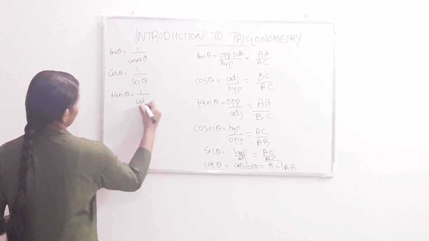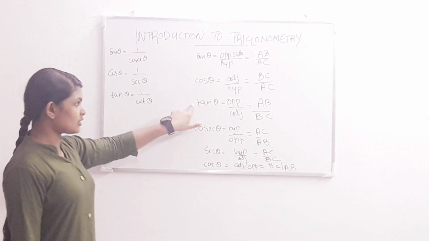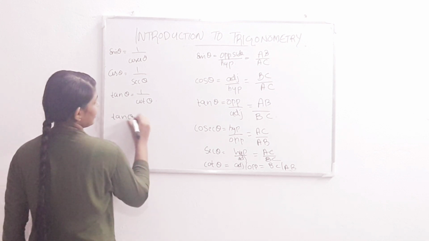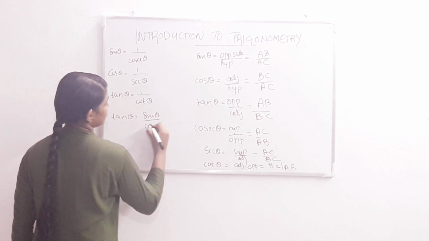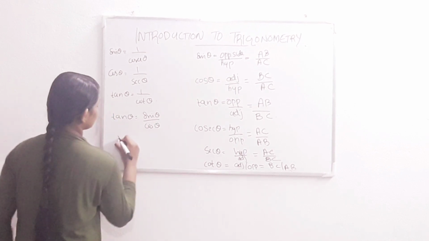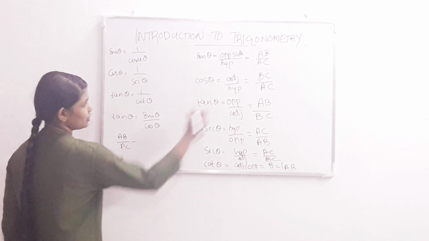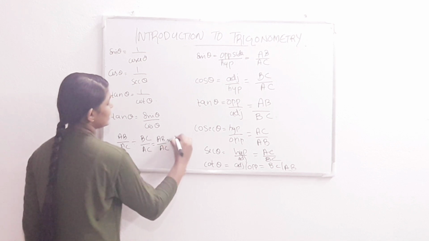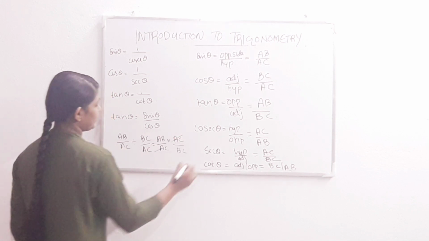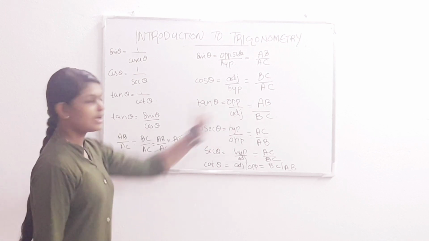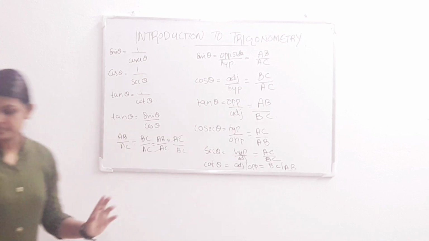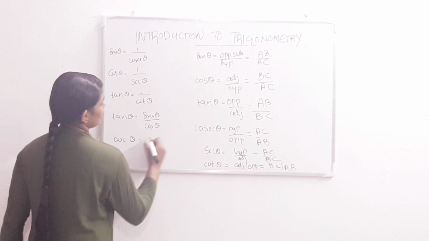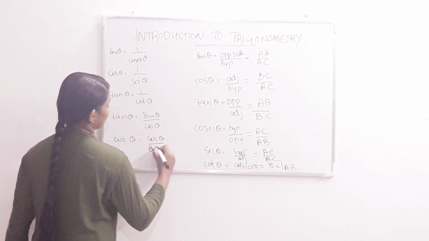of cot theta. Now, tan theta can also be written in another way. Did you know? Yes, tan theta is equal to sin theta divided by cos theta. What is sin theta here? AB by AC. So, AB by AC divided by cos theta, which is BC by AC. So, this is equal to AB by AC into AC by BC. So, we can cancel this. Our answer will be AB by BC, which is equal to tan theta. Yes, so now we proved it. In the same way, we can write cot theta as cos theta by sin theta, since it is the reciprocal of tan theta.